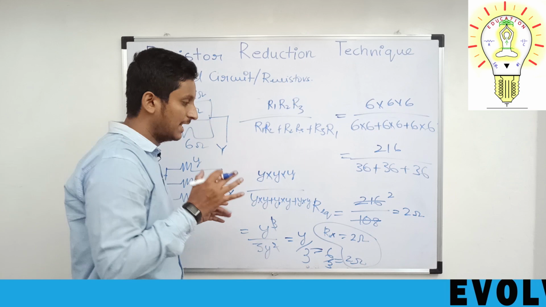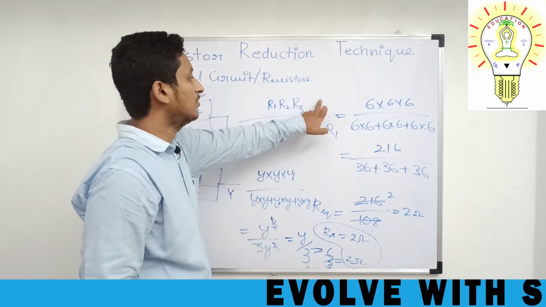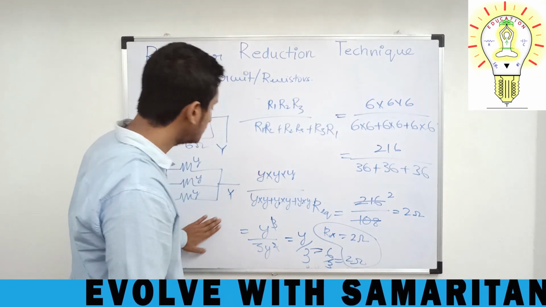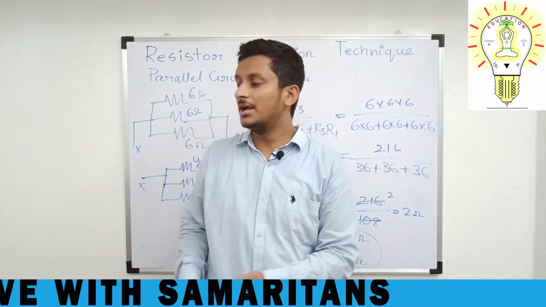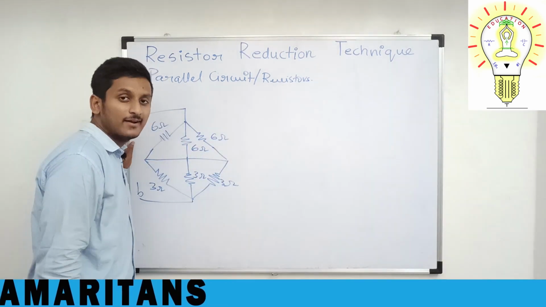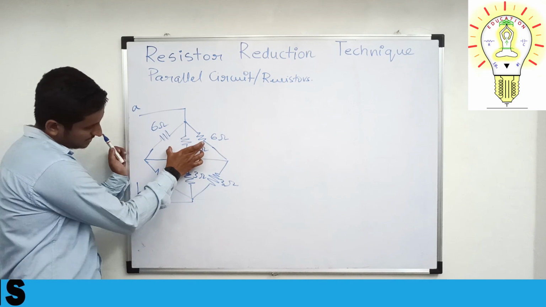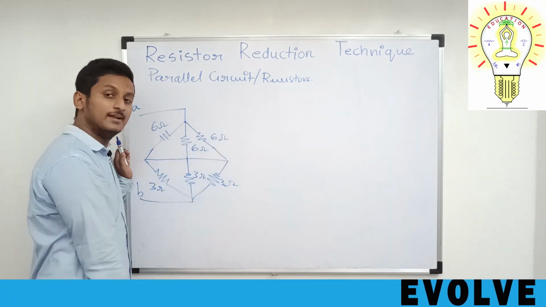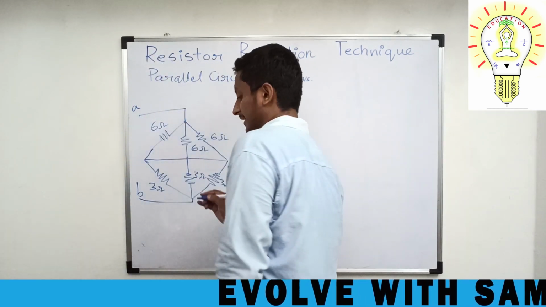But in examination, if the marks asked is high, you have to go for this procedure. But if you are asked for 1 mark, you have to solve this. And not only for that, if you want to verify any answer, this is very easy and you can save the time. Now if you have to calculate this, you have to observe one thing. That is, these 3 resistors are in parallel and these 3 resistors are in parallel and these both are in series. So let us look at this and write down the equivalent next circuit.